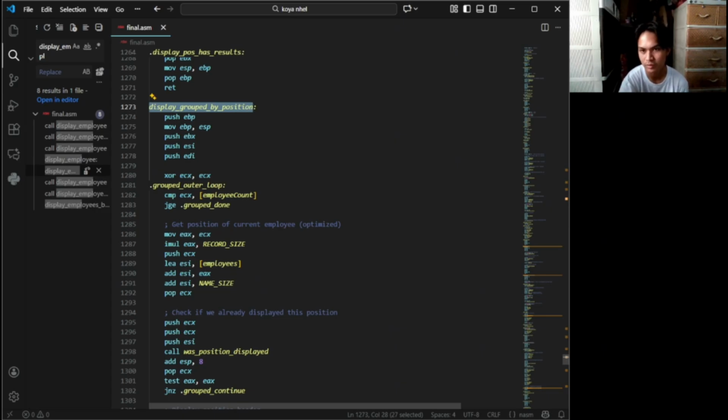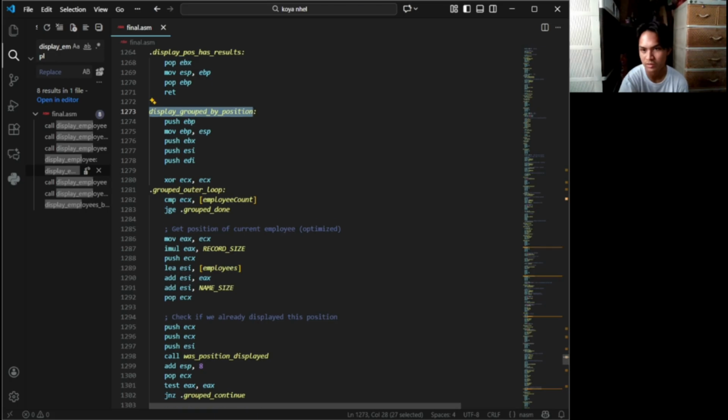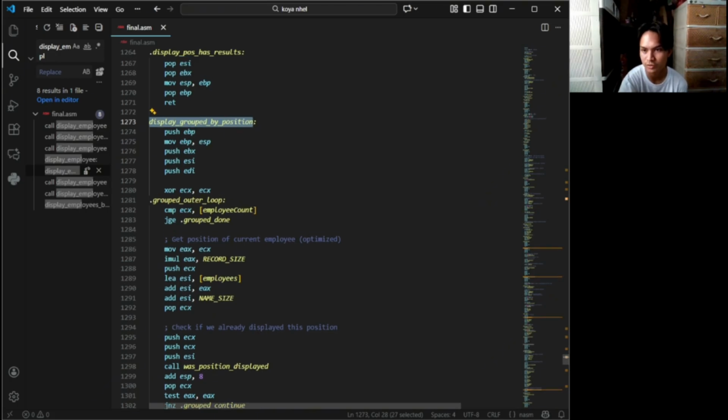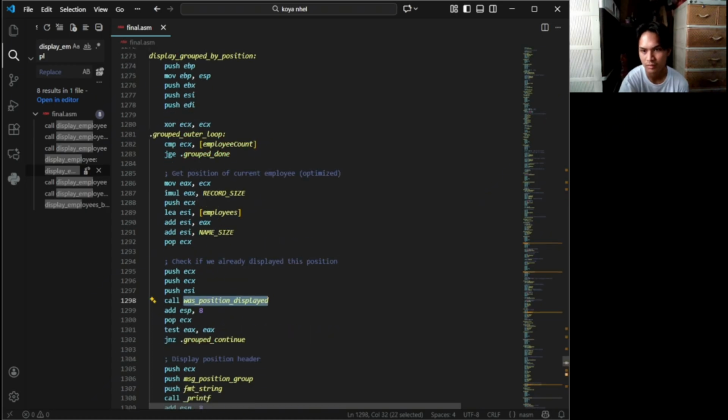If not, it prints the position header and calls the display employees by position group function to list the names under that position. The was position displayed scans earlier records for the same position using compare strings. This design produces group output without duplicates while reusing the same comparison and display primitives.